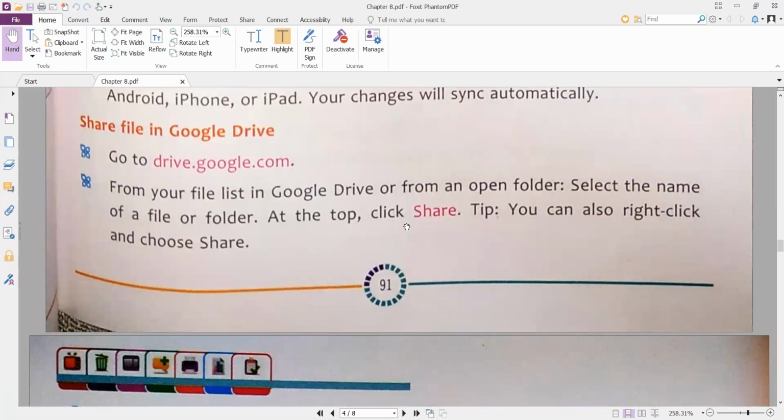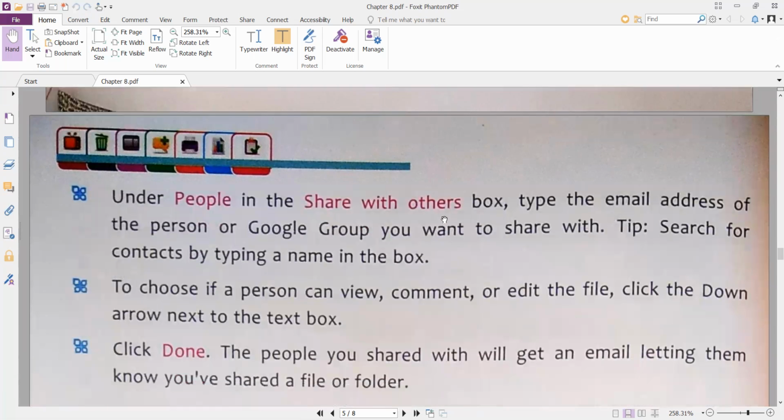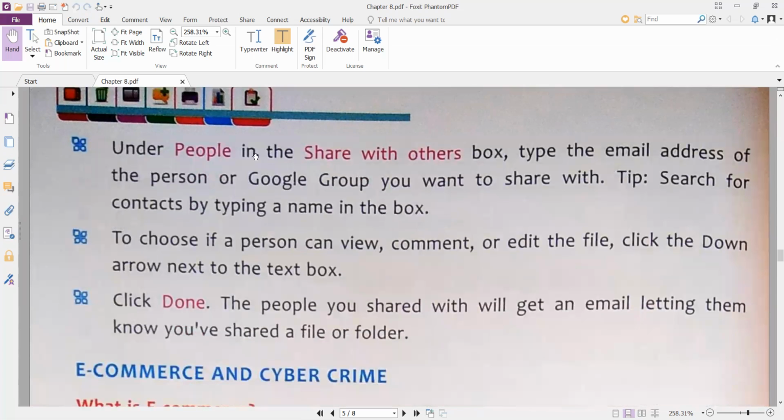After clicking on the share button, or you can also right click and choose the share option. Just select your file and click on the share button. So, with whom do you want to share?